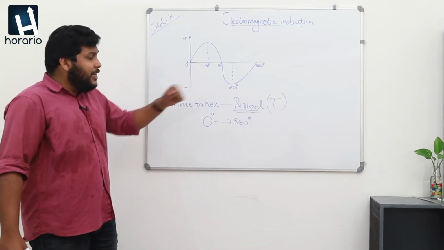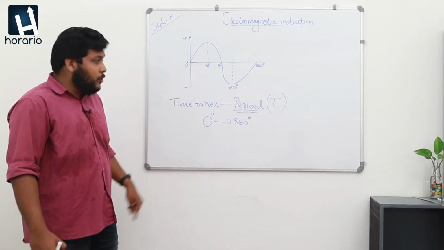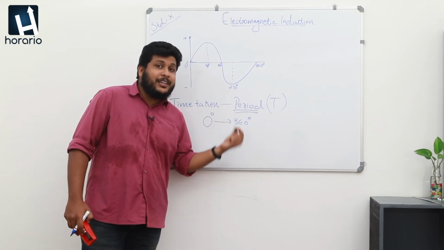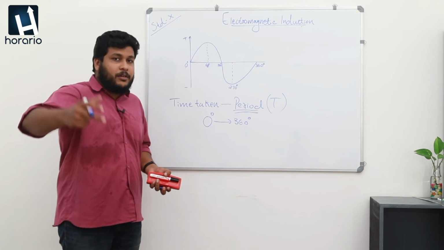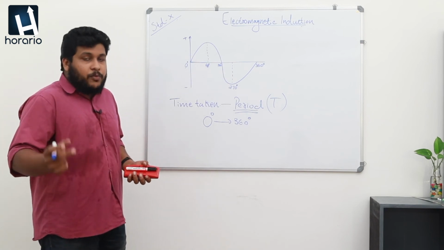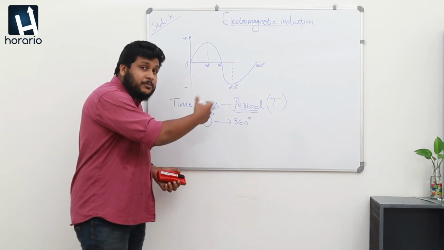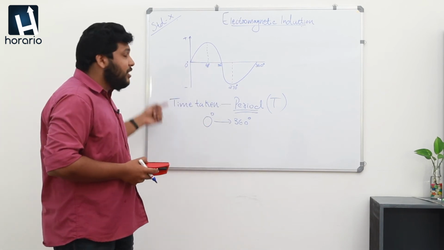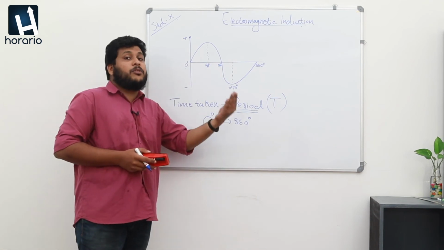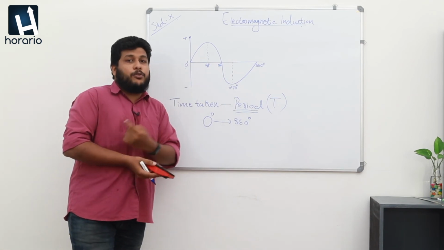And this period is very important, because as the time decreases, which means as the period decreases, the motion is faster. When the motion is fast, the number of rotations can be increased, and as the number of rotations increases, a greater amount of energy can be produced.